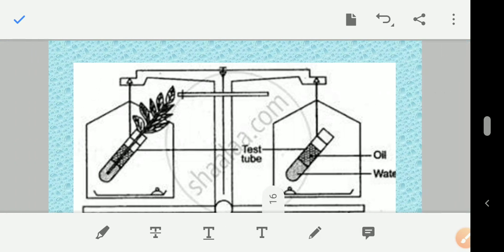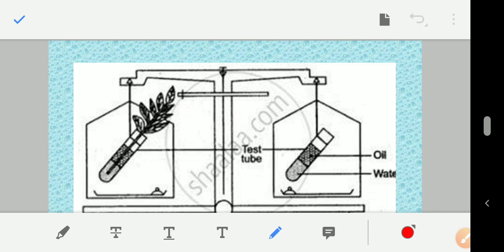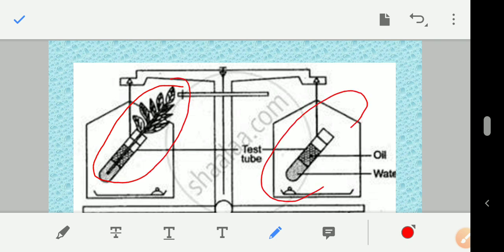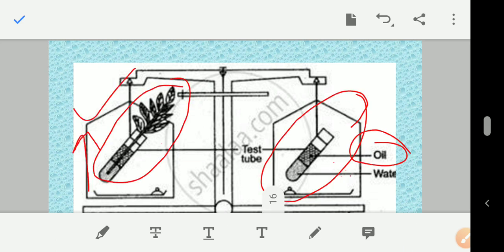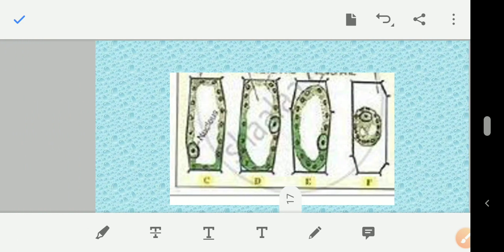Okay, this is another diagram of transpiration. In this one, this pan contains a plant and this pan does not contain a plant. There will be transpiration, water will be lost by the process of transpiration, so the weight of this plant will reduce. And because the weight will reduce, what will be your observation? The pan will move upward, because it becomes lighter. And this is a control experiment. In this there is no plant, so there is no transpiration and there will be no loss of water. Oil is used to prevent the water loss by evaporation.